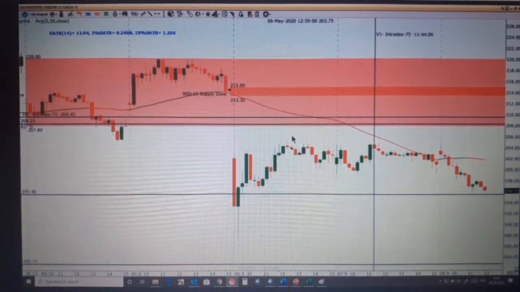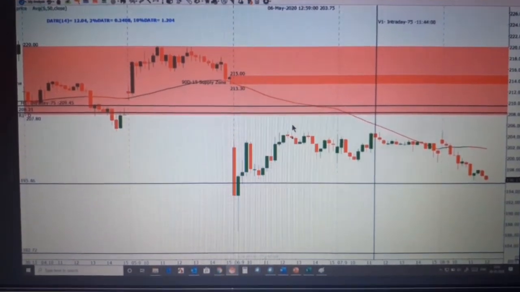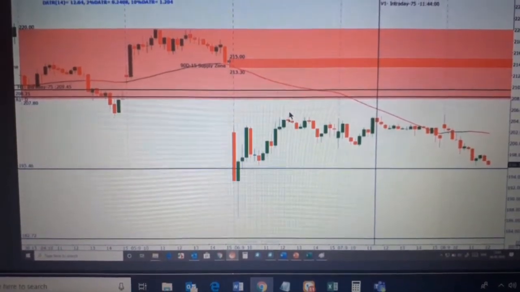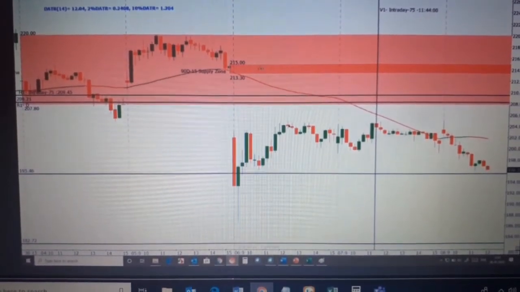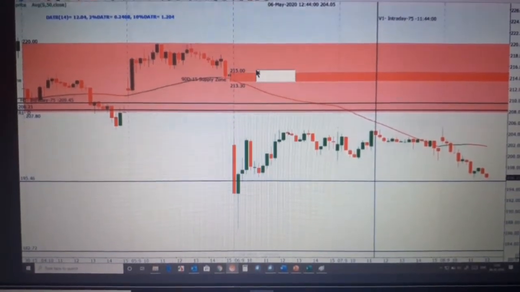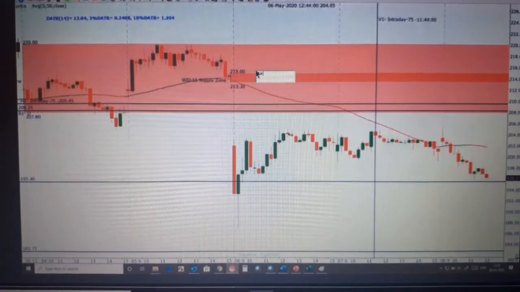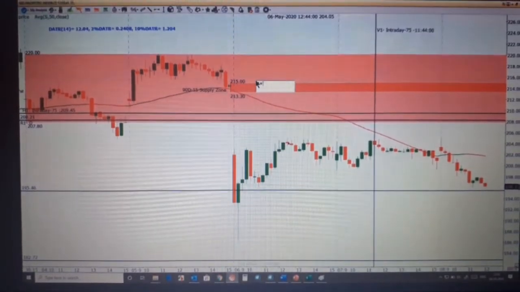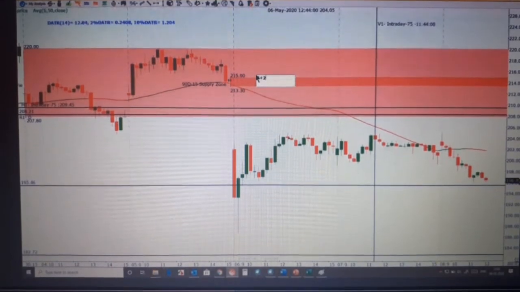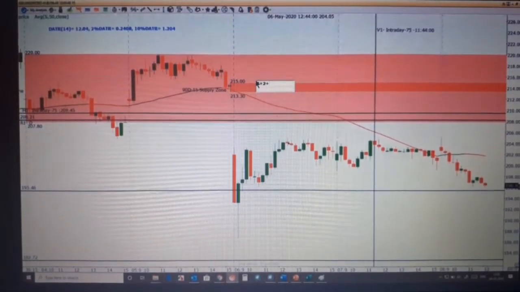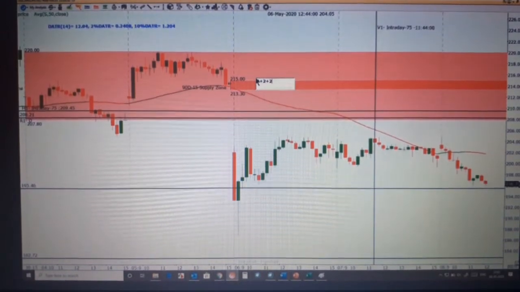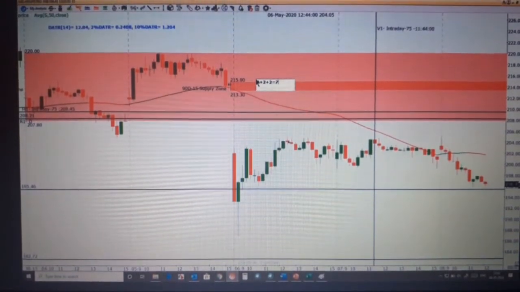Now you score the odds enhancer. What will be the odds enhancer score for this zone? Freshness 3. What about the strength part? The price has left the zone with a gap, so the score will be 2. And what about the candle part? Time spread at the base. Again it will be 2. So this will be 7.